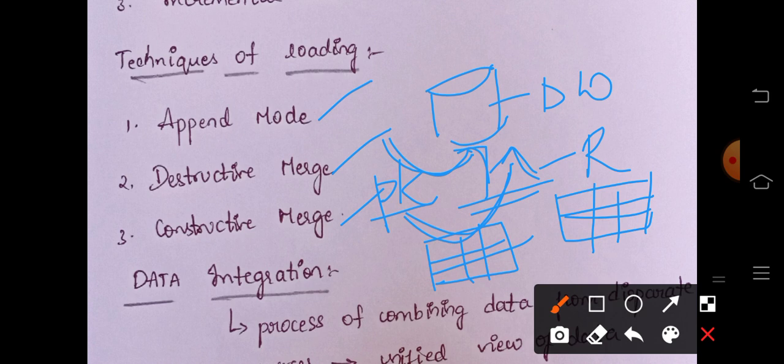In destructive merge, the new data is added over the existing record, but in constructive merge, it leaves the old record and adds the new record to the existing record and creates a new table. These are the three techniques of loading: append mode, destructive merge, and constructive merge.